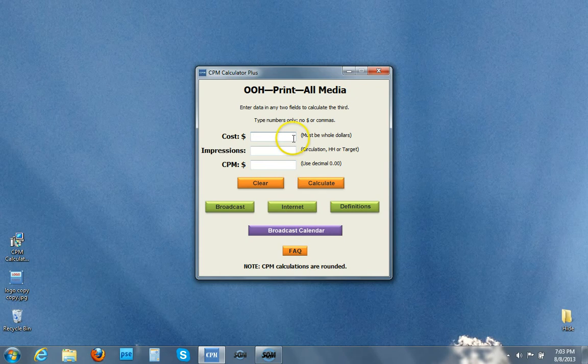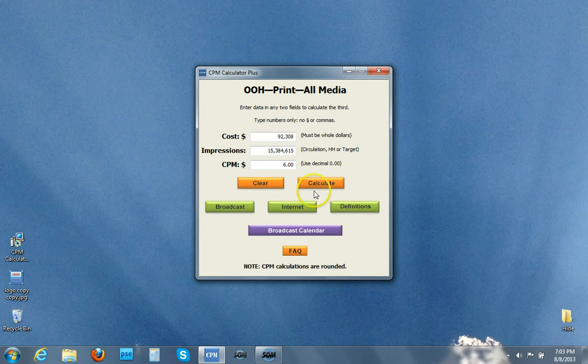Let's say you have a plan with a cost of $100,000. The impressions delivered by that plan are 15,384,615. Simply hit calculate and you see that it's a $6.50 CPM. But let's say you're a buyer and you need to bring this plan in for $6. Put in the $6 CPM, delete the prior budget, hit calculate, and you can see you need to bring this plan in for